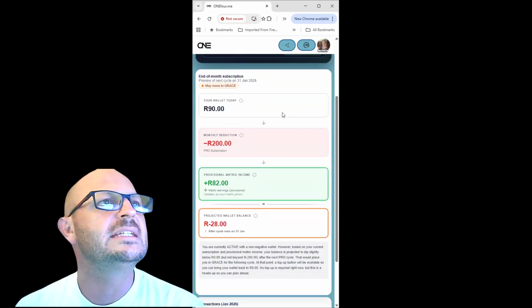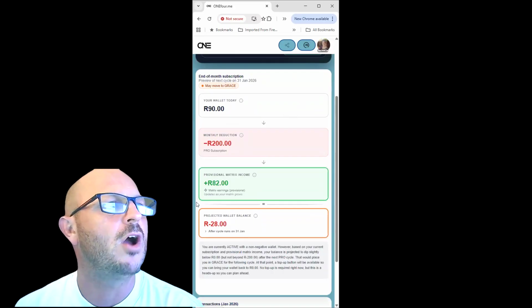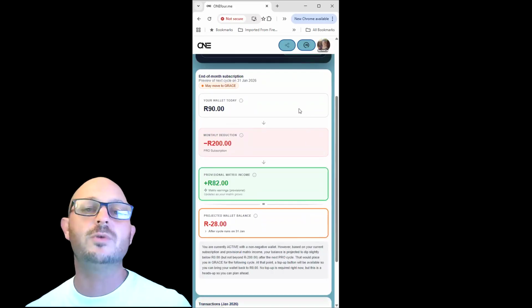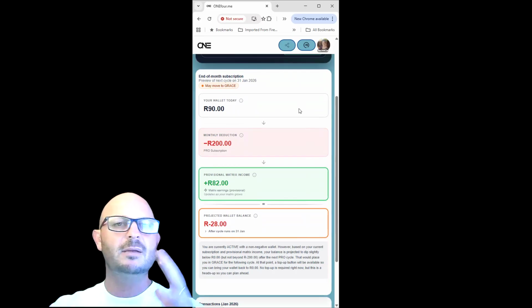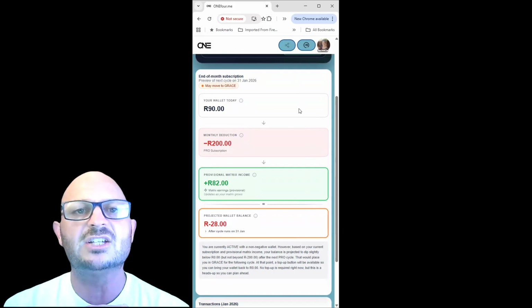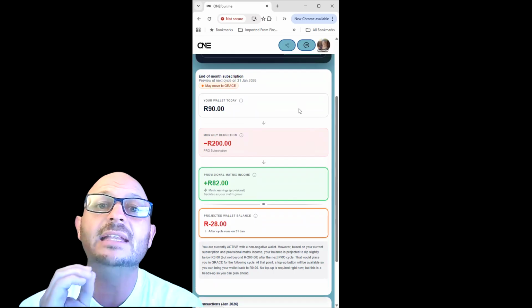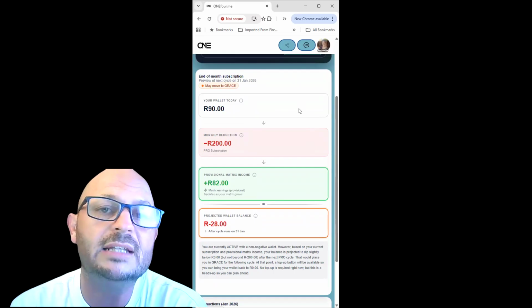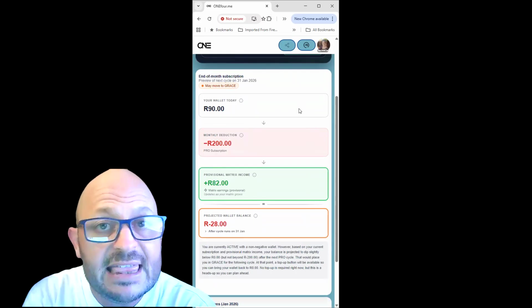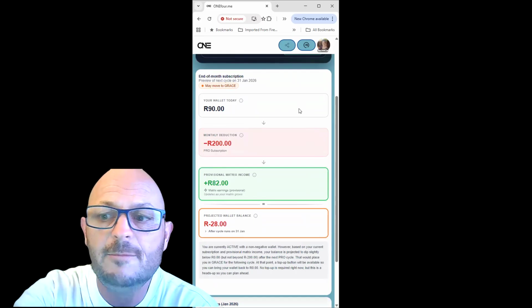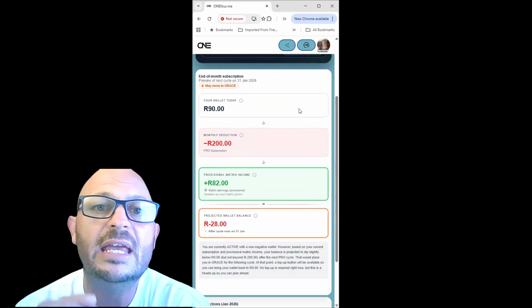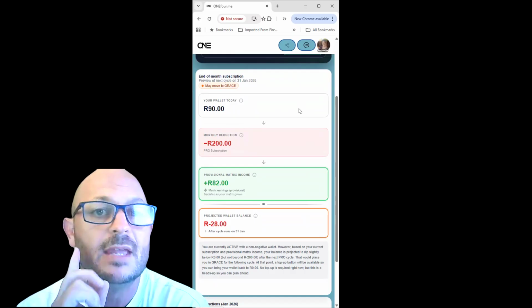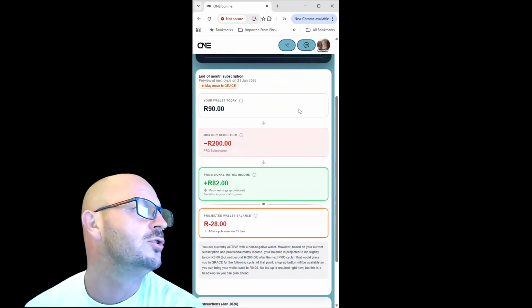Okay, let's go to the second section. This block over here, what is this block? You will see those who have been in your wallet. I just changed this a little bit today so that it's a little bit more descriptive of what actually happens. This gives you an idea of what your wallet balance will look like at the end of this cycle, should there be no movement in your wallet or in your matrix. Okay, let's go through that and I'll explain it to you now.